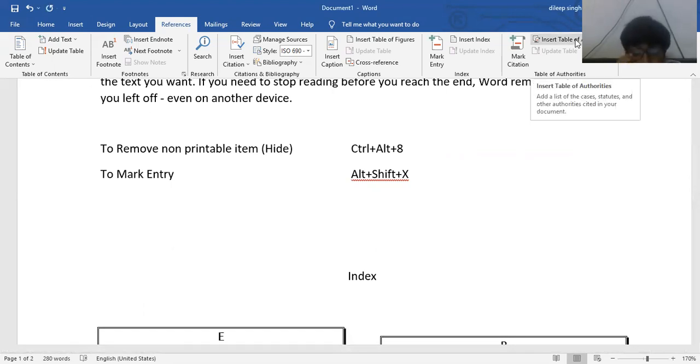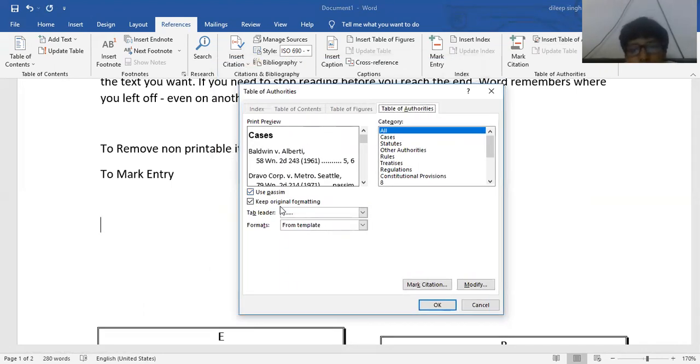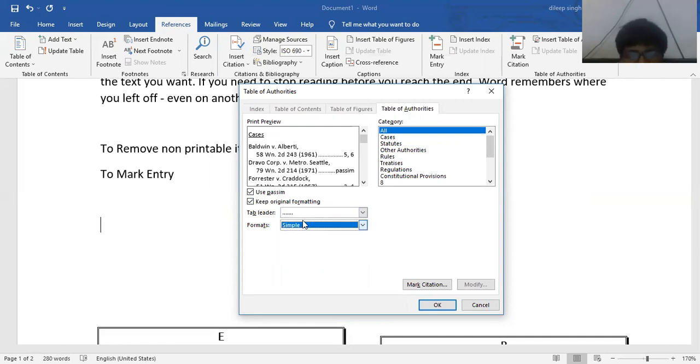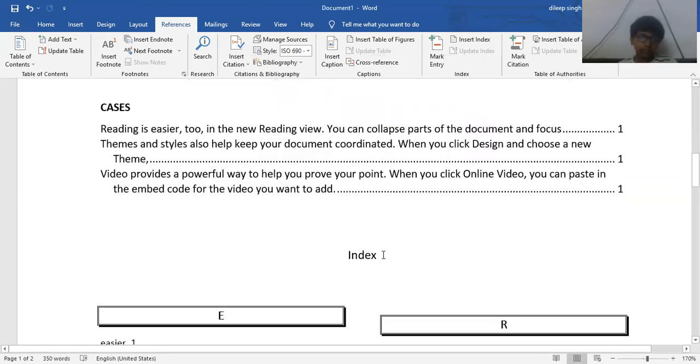When you click on insert table of authorities, you will get the options as you want. You can choose anyone. Format, here we choose formal format, and it will appear like this. You can also change the format by using this, you can choose anyone, and after that just clicking on OK, you will get the table of authorities in this type.